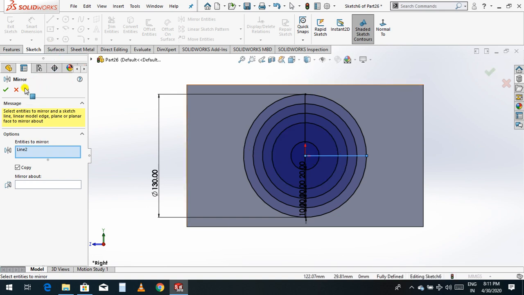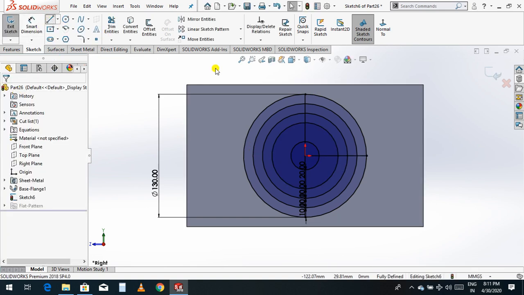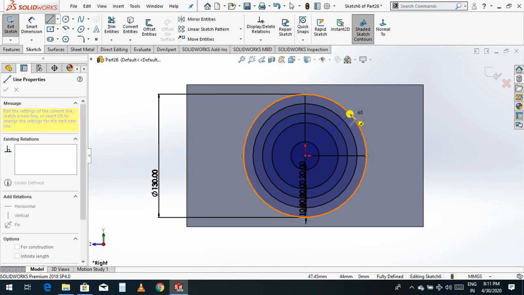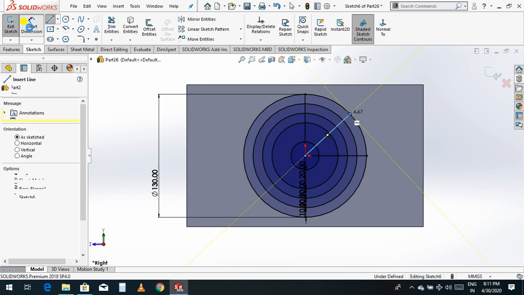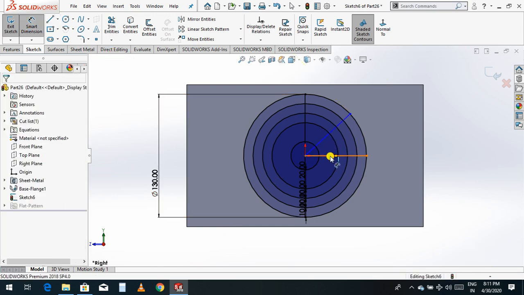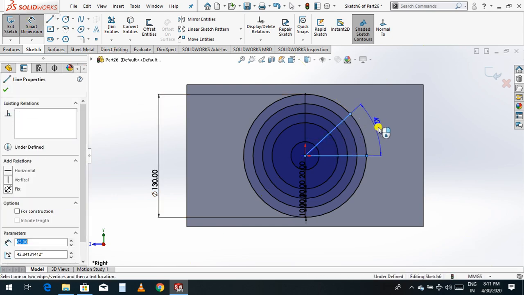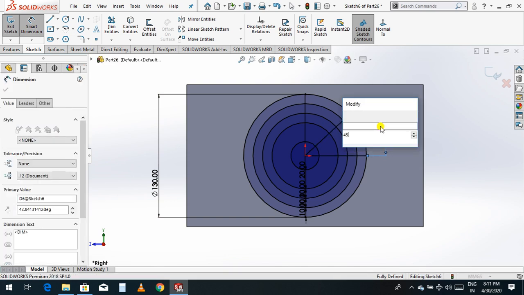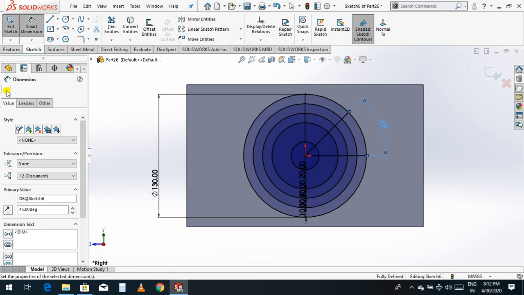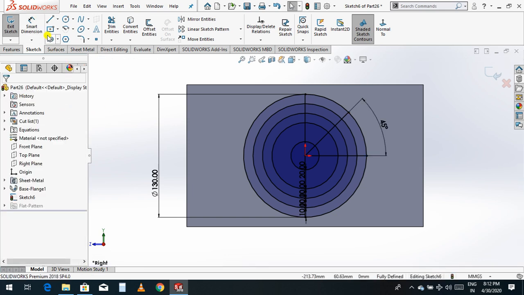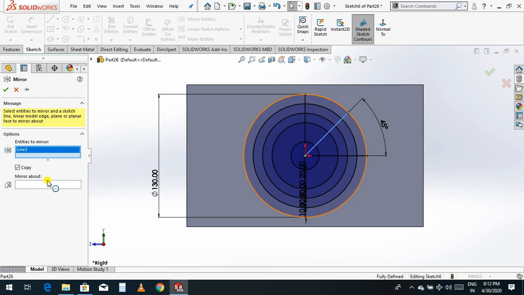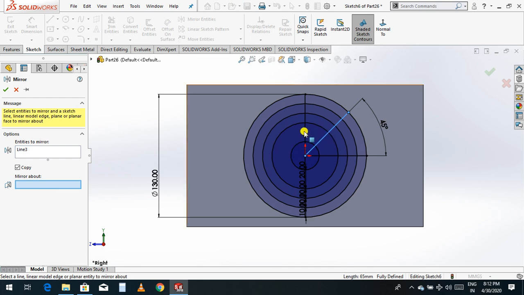Before going to mirror image, you need to select one more line like this, and now take the angle between this line and this line. I'll take a 45-degree angle. OK. Now take a mirror image of this line, mirror about this line.